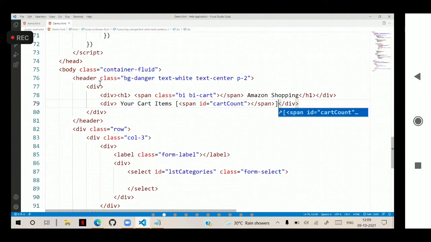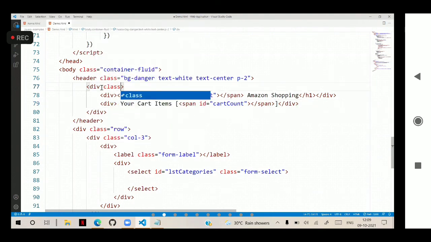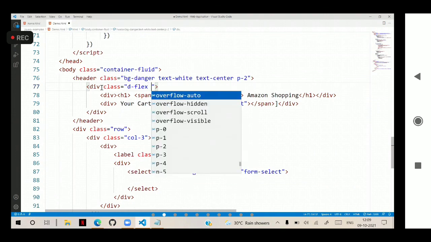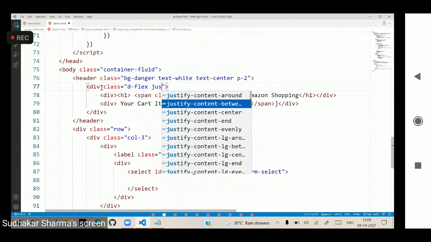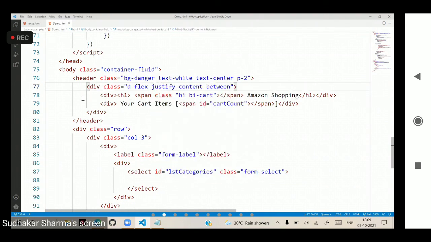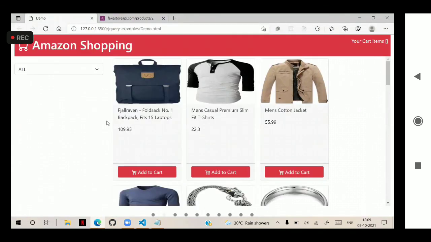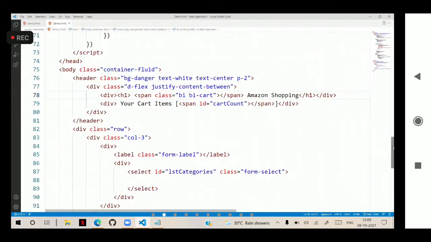Here I am using the class d-flex with justify-content-between. Actually, that is just a presentation here. On the right side, your cart items. And when I add an item, I need to update the cart count.